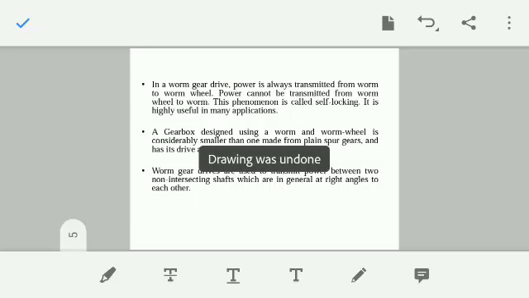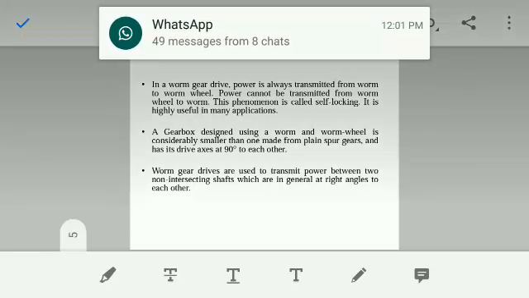In the worm gear drive, power is always transmitted from the worm to the worm wheel. Power cannot be transmitted from the worm wheel to the worm. The other way around is not possible. This phenomenon is called self-locking. It is used highly in many applications like lifts or cranes where you are lifting a high load or